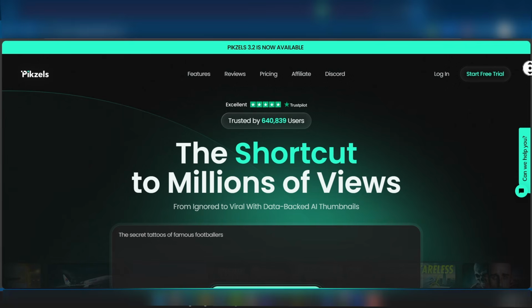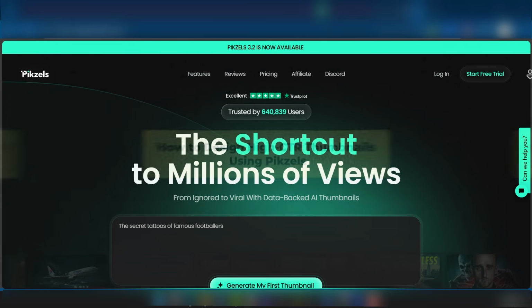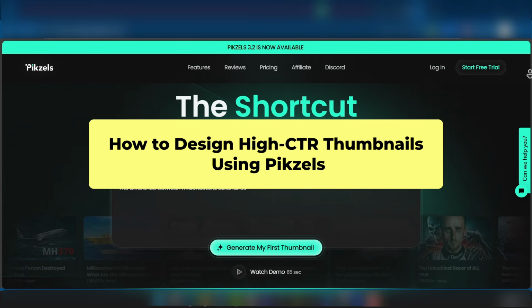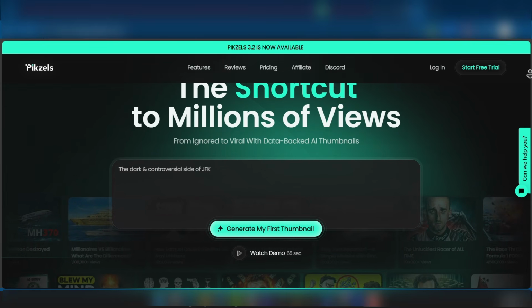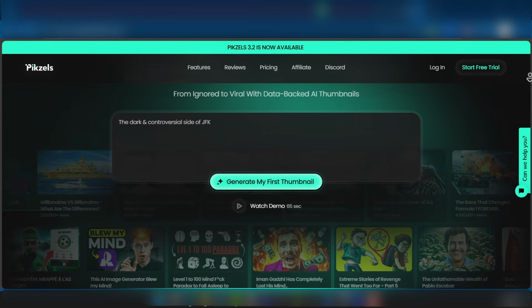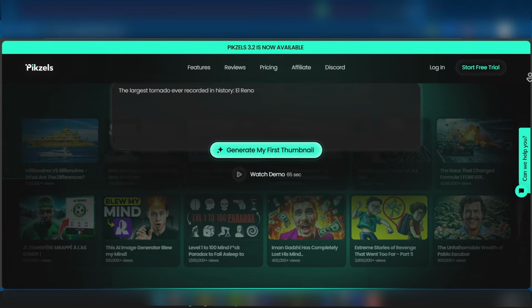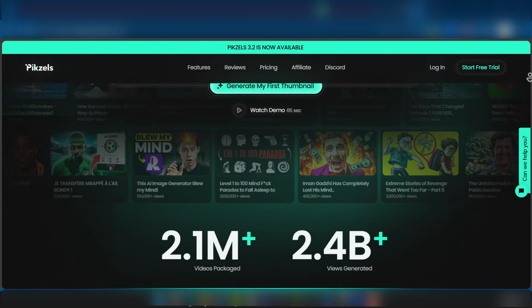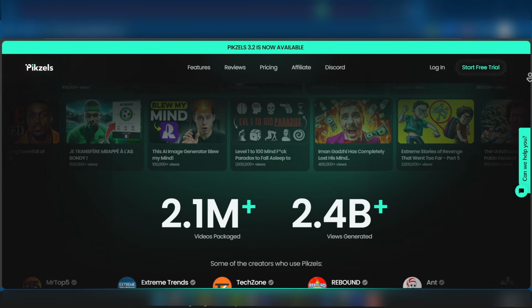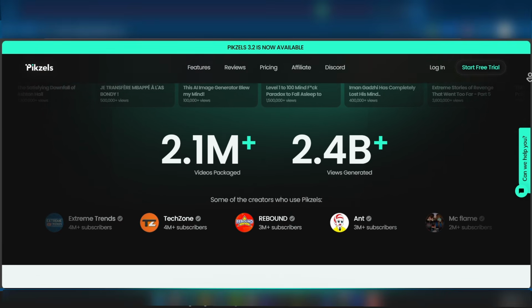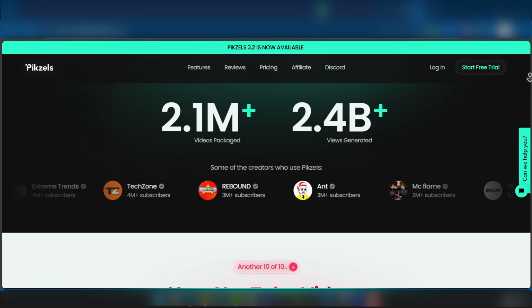Hello everyone and welcome to this tutorial where we'll be guiding you on how to design high CTR thumbnails using Pikzels. I'm going to be guiding you on exactly how to navigate the Pikzels dashboard, use the brand new Analyze suite to grade your designs, and how you can leverage the face swap feature to keep your branding consistent. We will be covering the specific settings, the secret prompting formula, and how to ethically get viral layouts using the